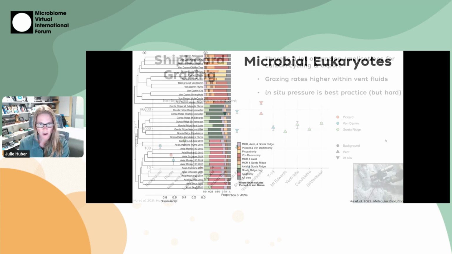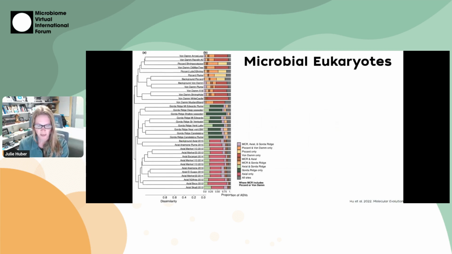Just like with our prokaryotes, we've been trying to understand the distribution of these microbial eukaryotes. As I mentioned, we see a lot of restricted distribution of prokaryotes in the deep sea by vent field, by vent site, by individual vent. And this is an example of a study by Sarah Hu, who's now a professor at Texas A&M. She was a postdoc in the lab at the time. And she basically looked at the 18S ribosomal RNA gene at 3 different vent sites in the Pacific Ocean as well as the Caribbean Sea.